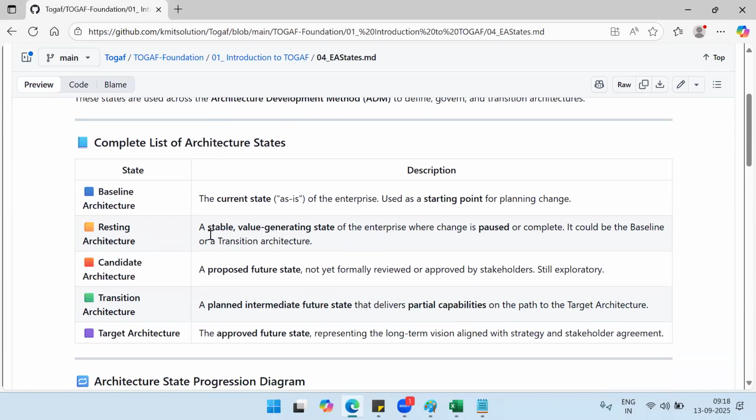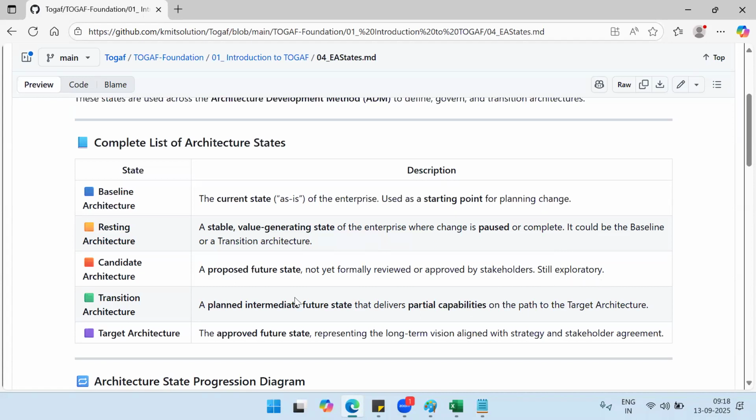Resting architecture, so a stable and value-generating state of the enterprise where the change is paused or complete. So means you are not changing that at all. So it could be the baseline or a transition architecture. Okay. Now, candidate architecture. This is a proposed future state, not yet formally reviewed or approved by the stakeholders, still